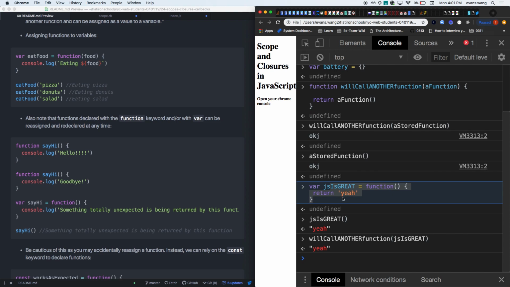It's a function. It just returns the string yeah. I passed it in as a reference. So when I return JS is great, what is JS is great when it's invoked? The string yeah. So it will return yeah. That's what's happening. However, if I did JS is great and I put in the bananas here, this is what's